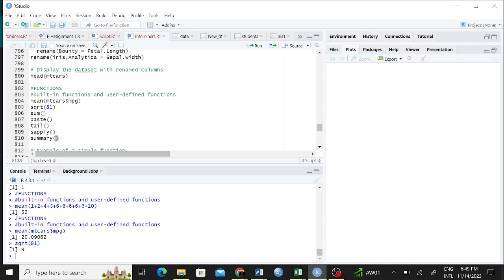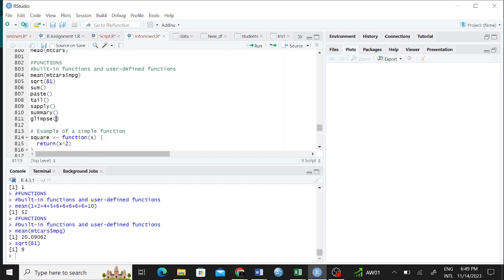So there are thousands of functions that are present there in R. It depends on what you want to do. We even looked at things like glimpse. Glimpse is there, right? That is a function that you can use in R. Skim, without charts, that is a function, right? Yes, that is another one that we looked at. So all these are functions.